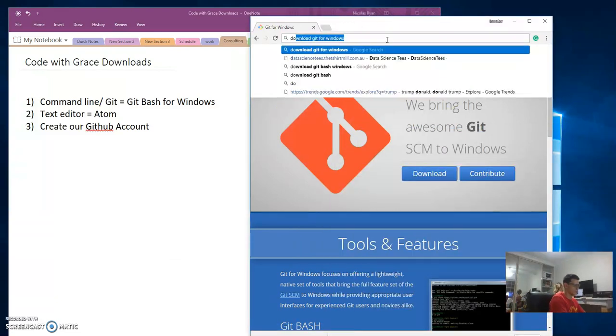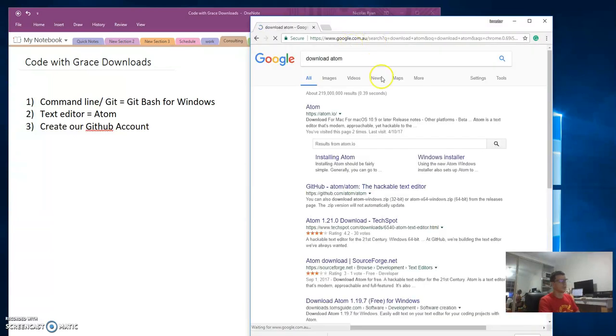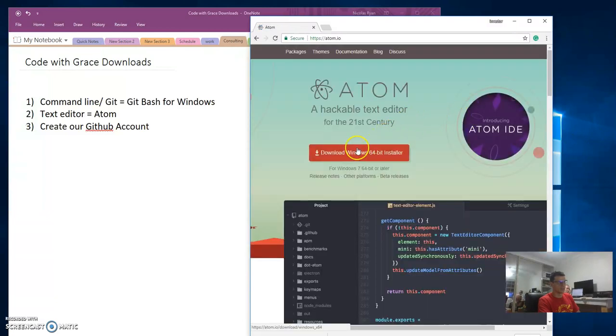So let's go download Atom. There it is. So once again, there's a Windows installer for Atom. We download that, and we open it up, and then again, just run through the install. Pretty straightforward. Just click all the defaults. And what Atom's going to look like, and